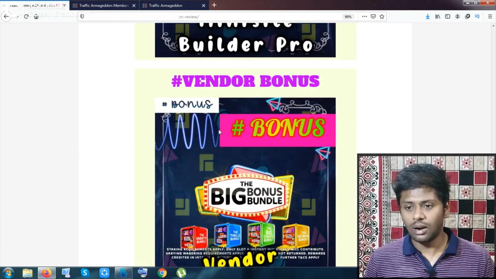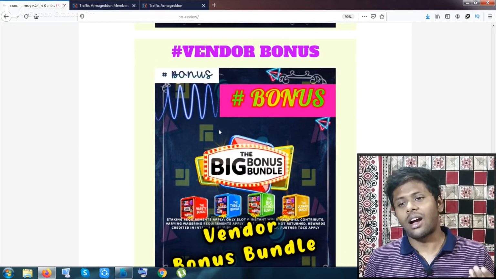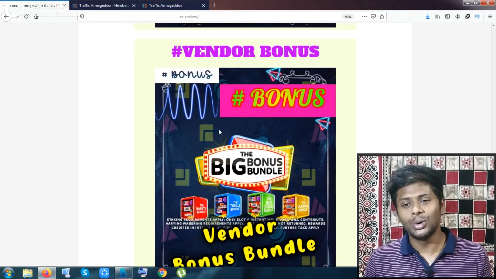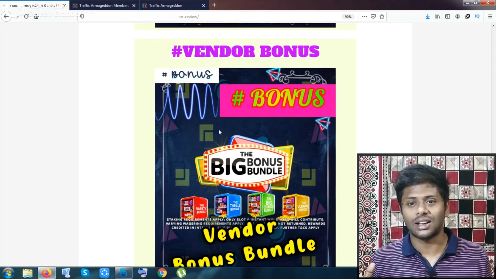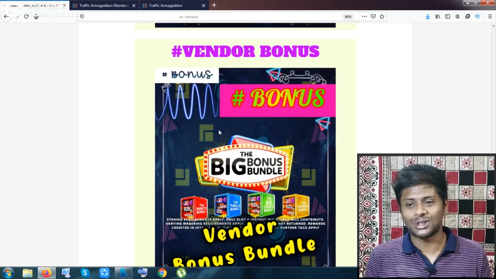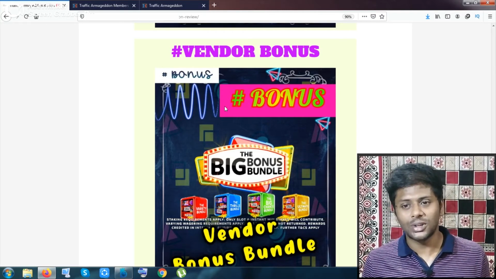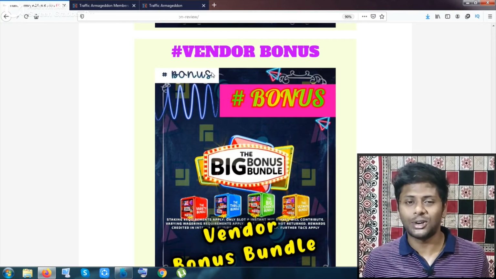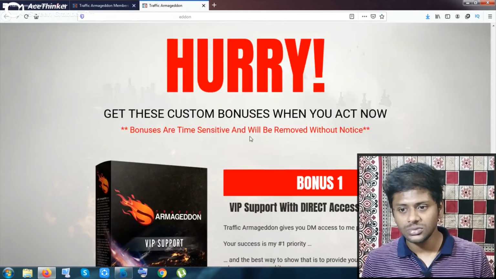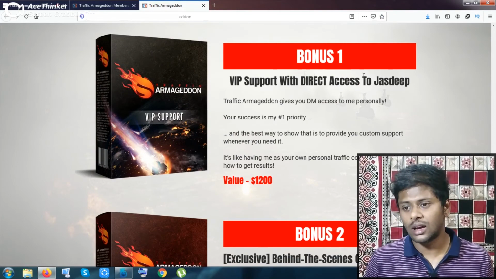The next one is not my bonus, basically this is the vendor bonus. I am just displaying it to show you more bonuses. This is a default bonus that will be given to you by the vendor, totally free, once you have purchased the product. Let me show you the bonuses. Inside bonus number 1, from the purchase you will be given VIP support from Jasdeep.